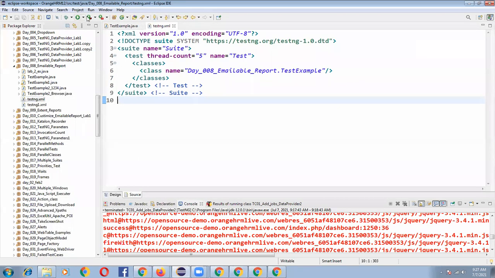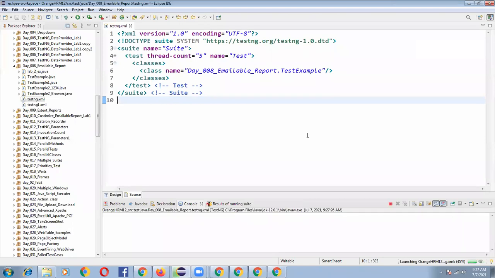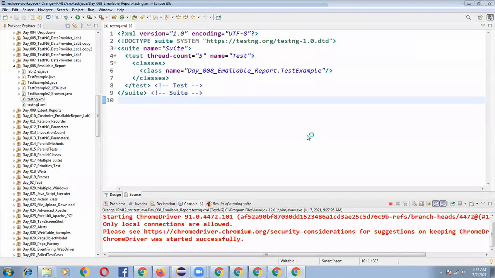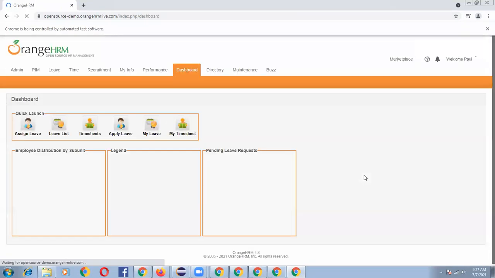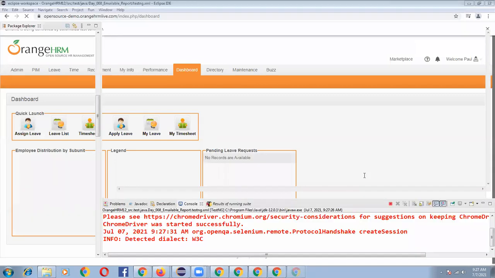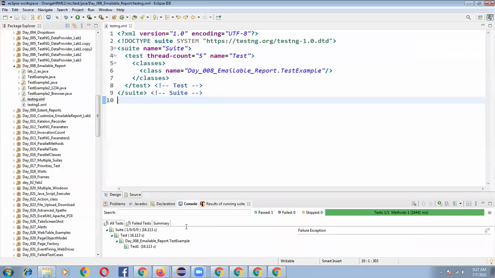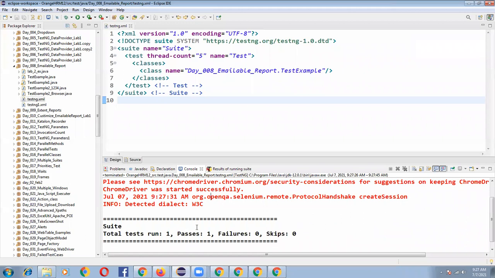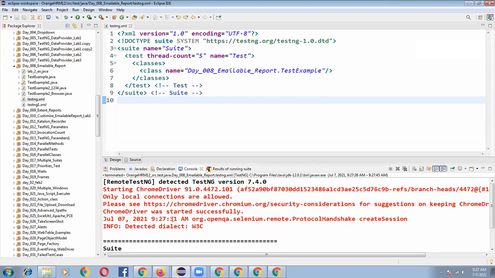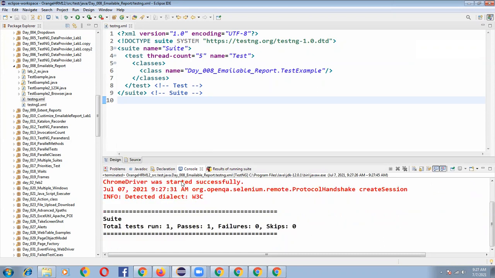So close this program now. I'm executing my program from the testng.xml. What is the advantage of testng.xml? I will tell you. Now we understood how to generate the testng.xml. So my program is executing. Go to console. Your test was passed, but it is not showing anything, because you executed your program from testng.xml. In the console, nothing was generated.